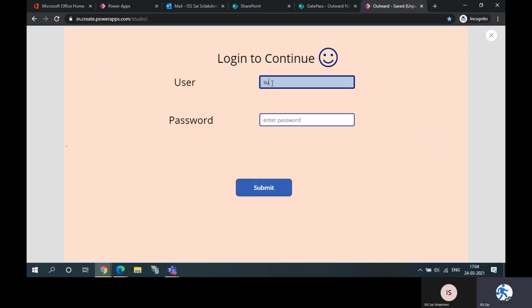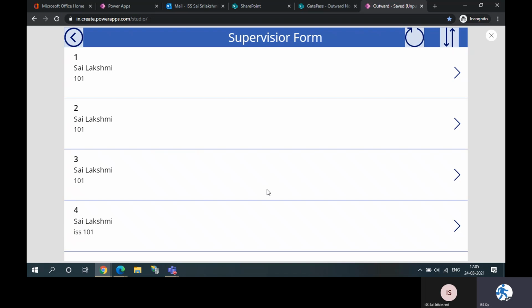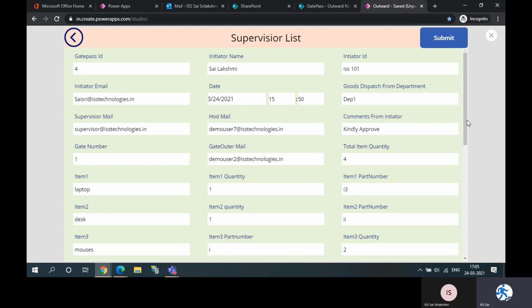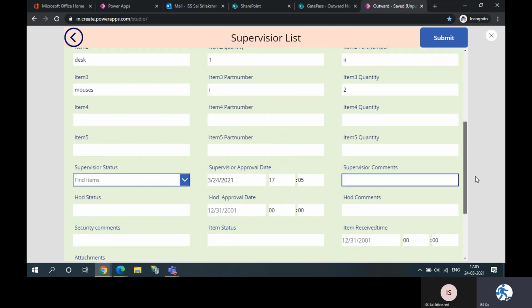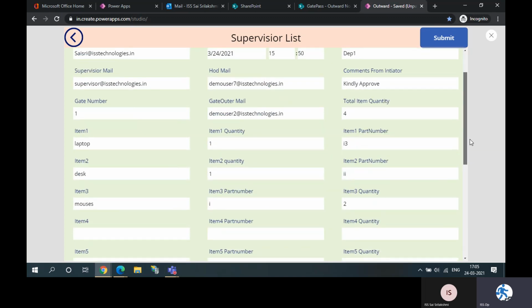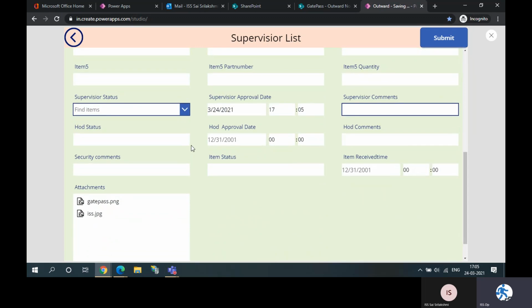The supervisor can view all the related content before approving it, and a timestamp of what time he approves is automatically recorded.